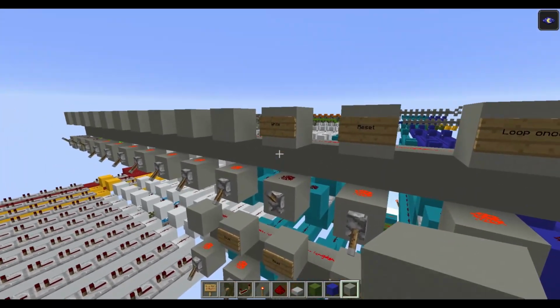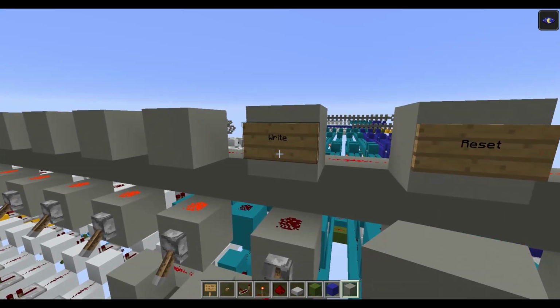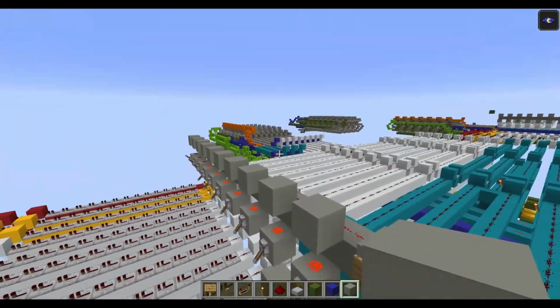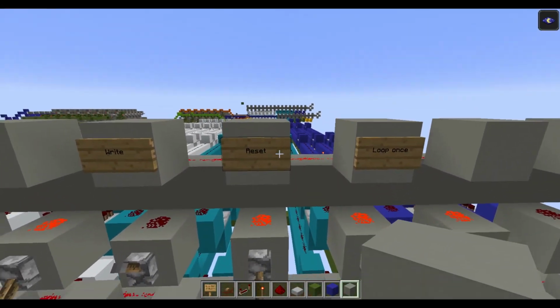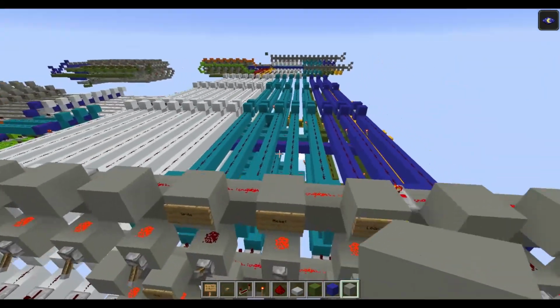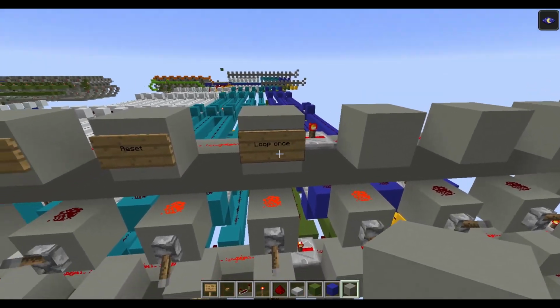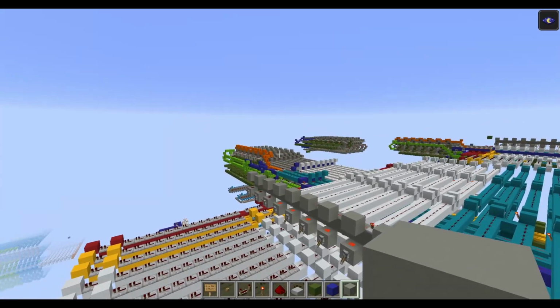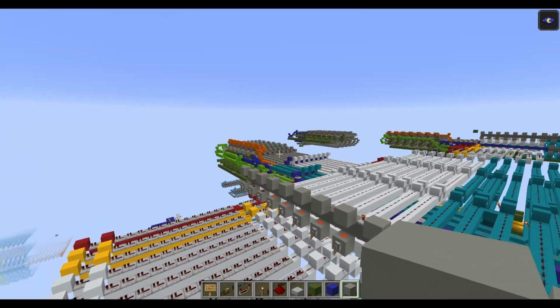So on the writing part you can write a value, like what we've done before. You can also reset all the memory. You can loop the value, that means take the last value and input it at the beginning.